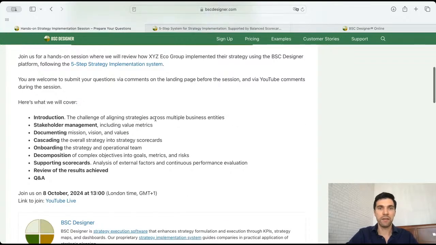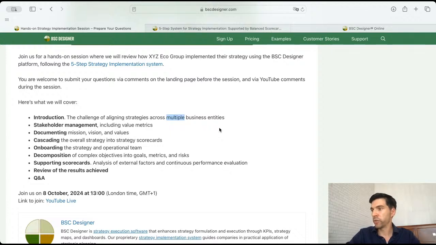Another problem that they faced is that their business is divided into, let's say, two main parts. One part is doing physical installation, physical work, and another, which is also important, is the one doing the research needed for the physical installation and developing some technology. So that's the challenge of the Eco Group, how to combine all this together